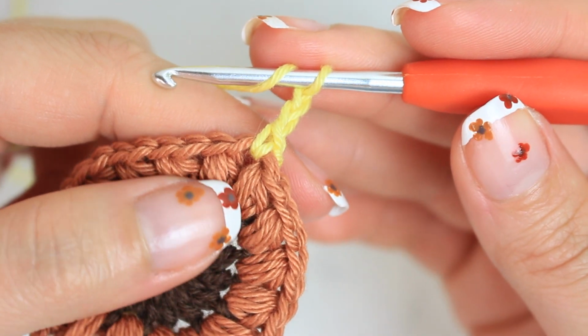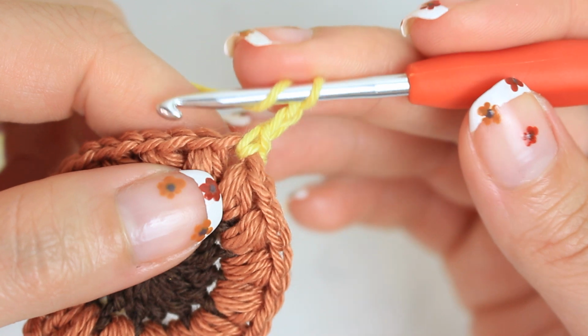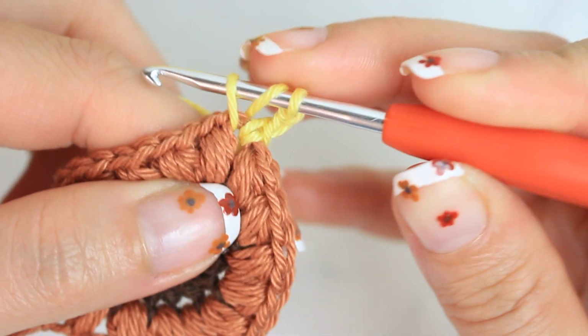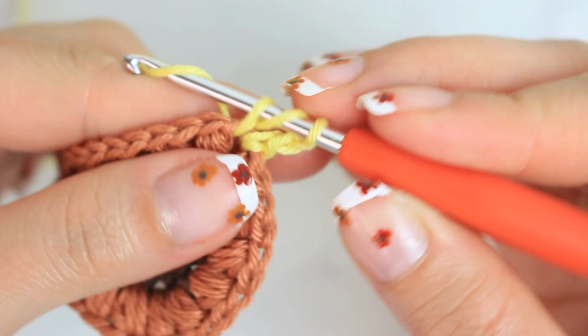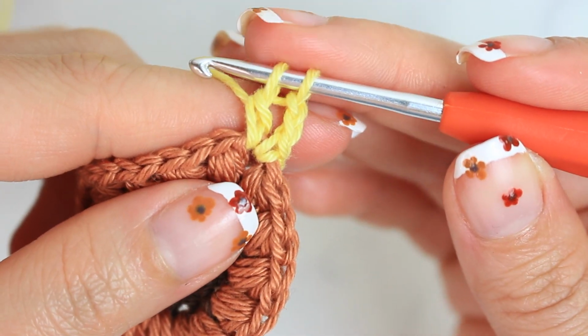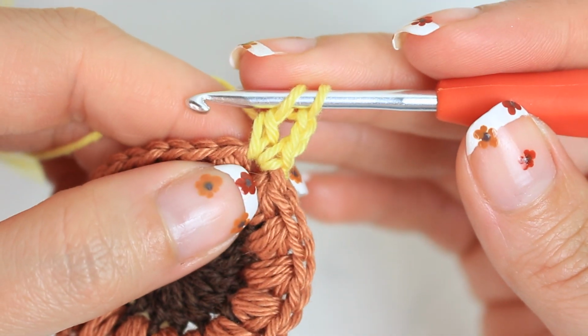are going to be creating the very first part of a double crochet. So you're going to wrap the yarn around the hook, you're going to go through that same stitch, and then you're going to pull up a loop. Now you're going to be having 3 loops on the hook, and then you're going to yarn over, pull through 2, keeping that last loop on the hook, and then you're going to be doing this 2 more times for